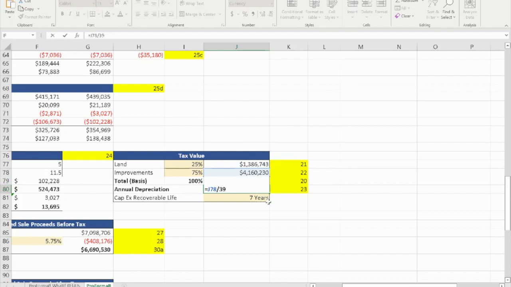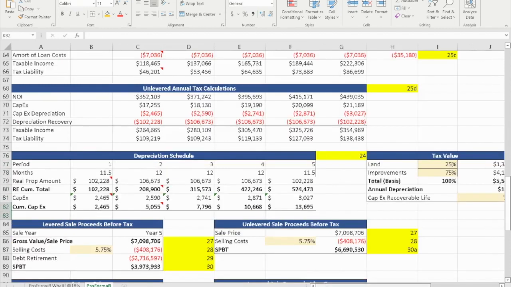Since this is a commercial property, not a residential property, it will be depreciated over the life of 39 years. This is very important that you understand that. And then we were also given the CapEx recoverable life, which is 7 years, and that will be important later on. Once you complete the tax value table here, you can scroll over to the left